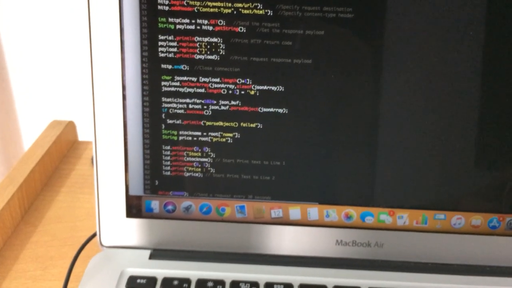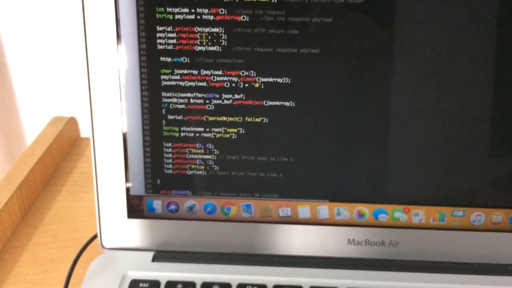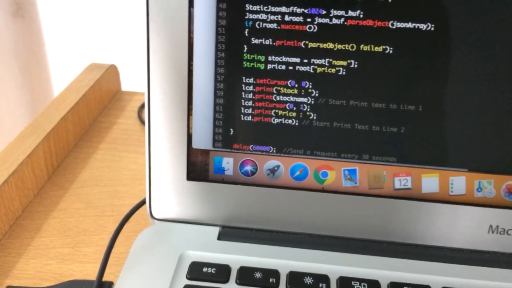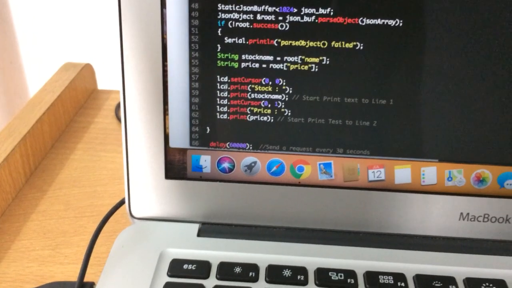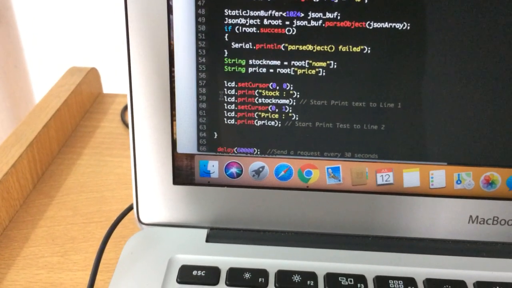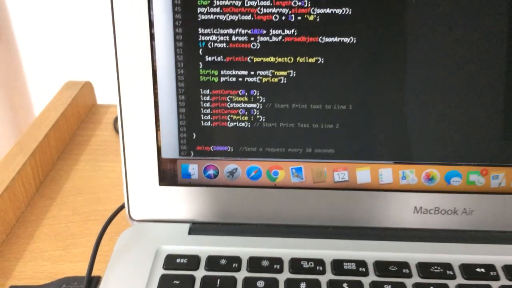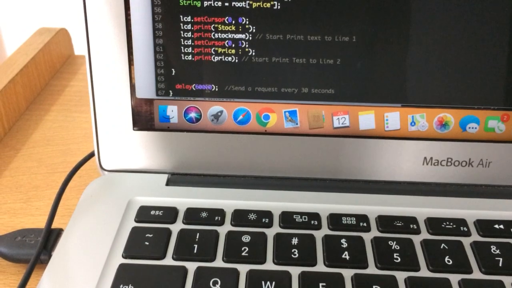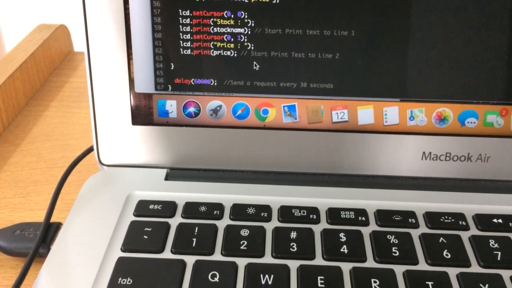Finally, once it's in the usable format, you can see that we are printing it on the LCD. We are placing the cursor at a specific position and we are printing it. And the last thing that we are doing is setting a delay of 1 minute, so that